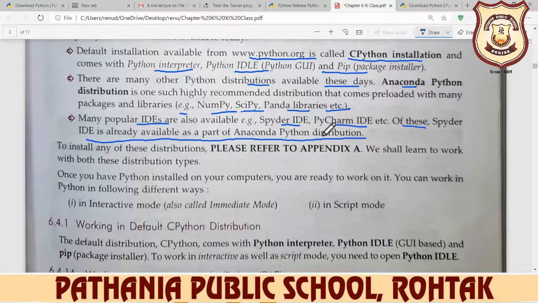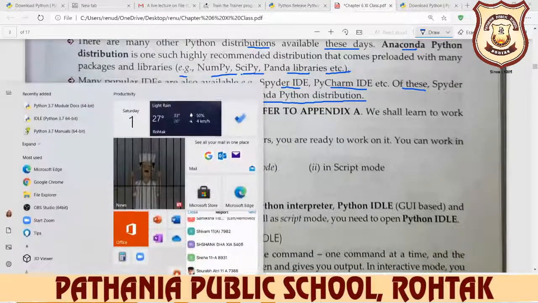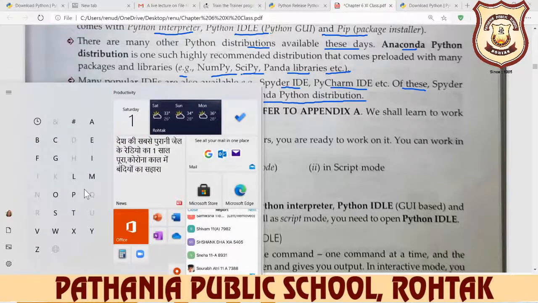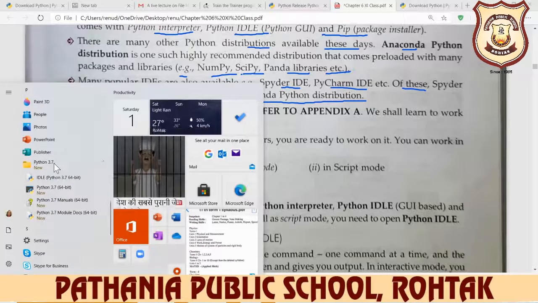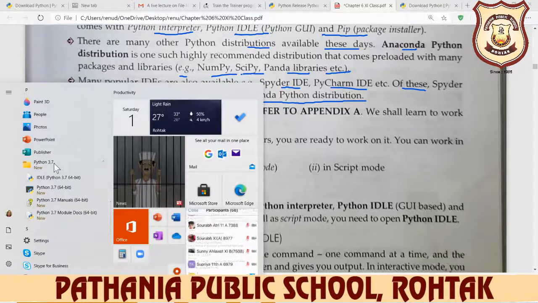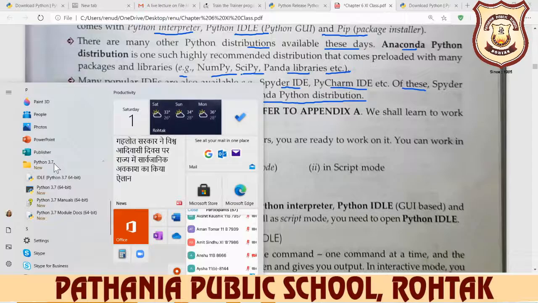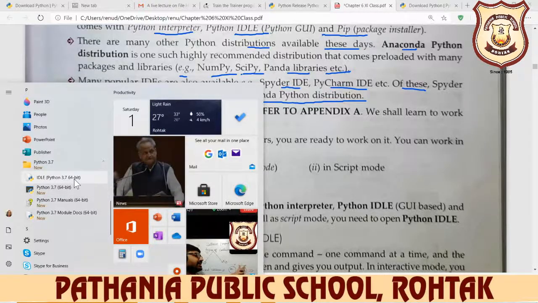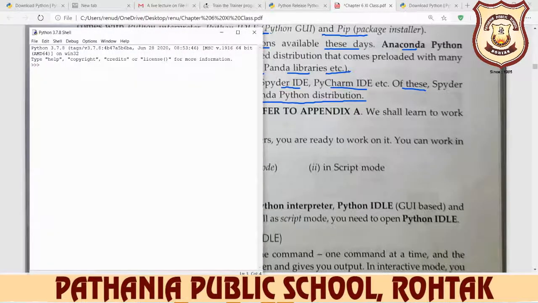Okay, so after you install this Python, your Python language will be seen like this. You can see here Python. Click on the start, and after that Python is here. You can see Python 3.7 new. When you click on Python, you can see here IDLE Python 3.7 64-bit. So you click here IDLE.